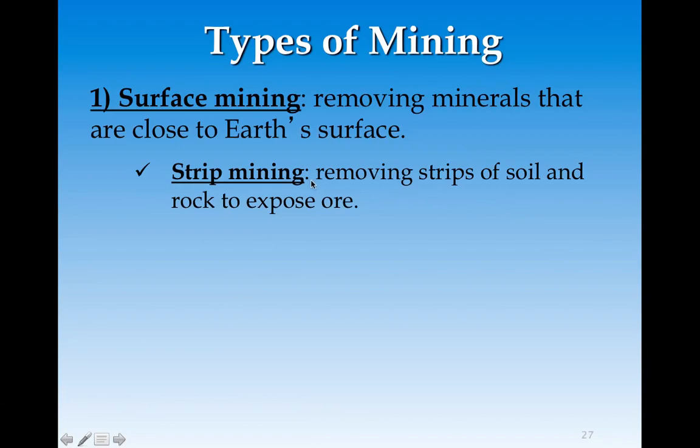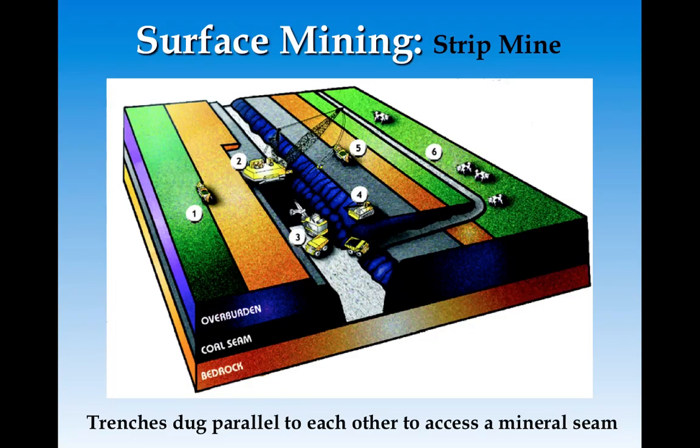So for the surface mining, the first one is the strip mining, where you basically remove the soil in these strips to expose the ore below. Okay, and this is done for certain types of minerals or coal, for instance, that is deposited in what are called seams. And coal is deposited in a seam, and when we talk about coal, this will make a little bit more sense, but it's basically this compressed plant material, the semi-decomposed plant matter, that basically formed an